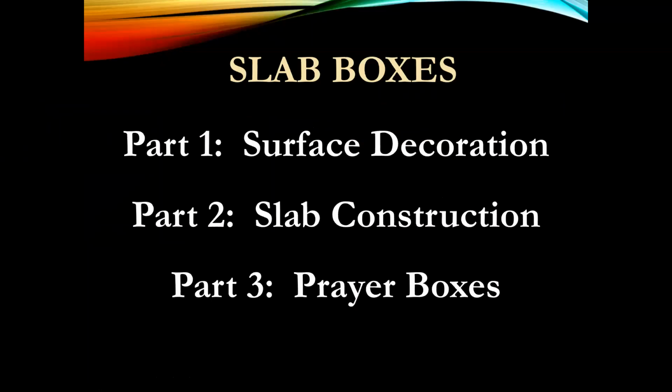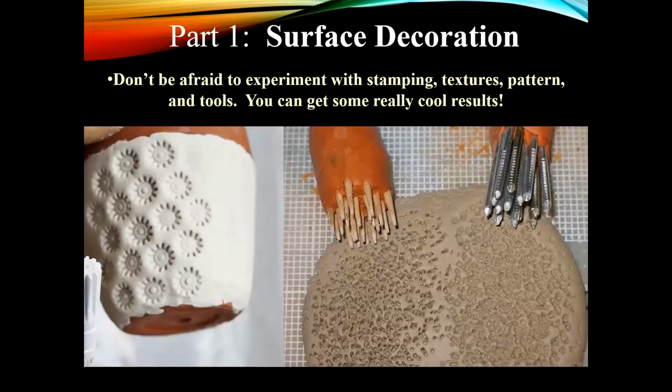For our next project, we're going to be creating slab boxes. On your slab box, I want you to explore surface design and decoration. You can explore a variety of patterns and textures through stamping using a variety of methods, different items, stamps, random objects from around the room, lace, for example, perhaps scrap wood, or maybe even some of the stamps that we have on the cart, or you can grab the end of a marker cap, made the texture on the left